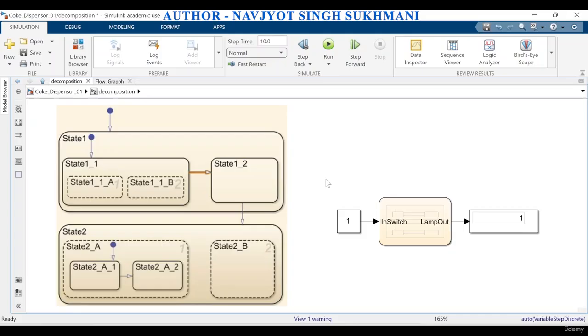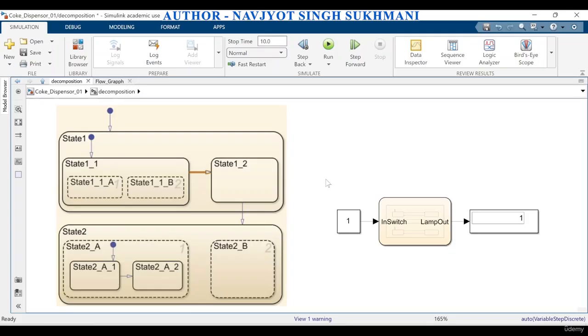State decomposition specifies the type of subsets and supersets a state can have. There are two possible decompositions for a state. One is OR, also known as exclusive decomposition, so we can say exclusive OR decomposition, exclusive decomposition, or OR decomposition; any one of them. The other is AND, parallel decomposition. We can say AND decomposition, parallel decomposition, or AND parallel decomposition; both are the same. All the subsets must have the same type,